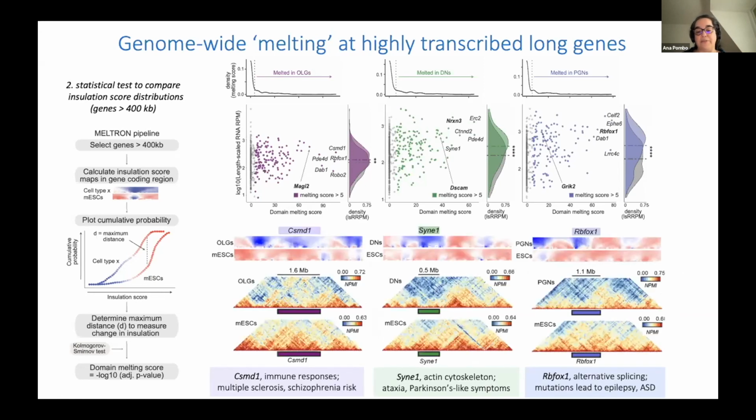And so just to show you a couple more examples, you can see that the melting is also not always exactly the same thing. Here is another gene, now important in multiple sclerosis, and we can see again highly condensed in ES cells and partially decondensing in oligodendroglia. Sometimes you have almost all of the gene decondensing. Here in the case of RBFOX, we have generally fewer contacts, but it's in particular in the promoter of the gene that we see this loss of contacts.